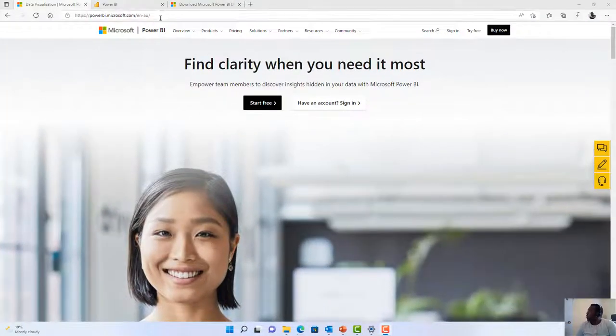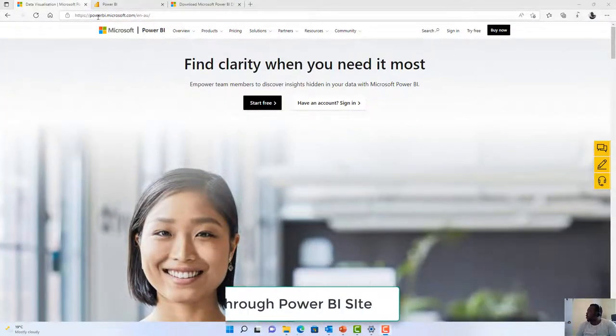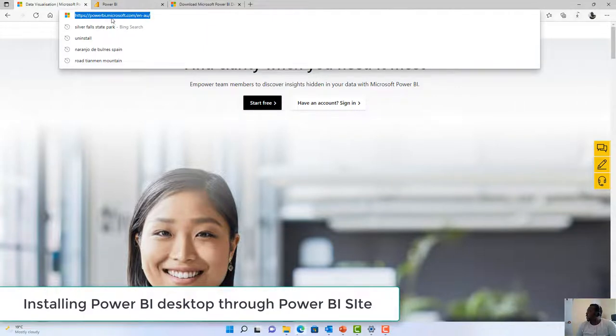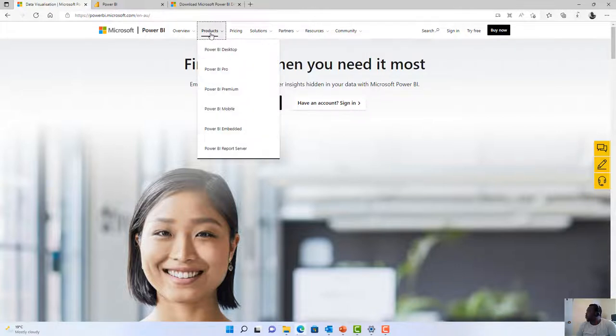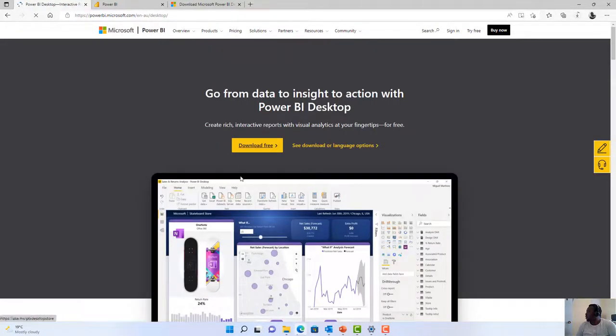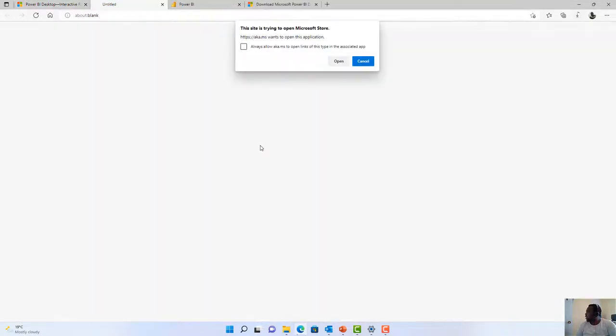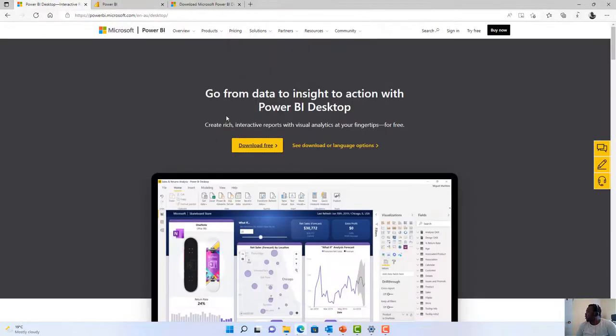Let's start our demo. We are here on the Power BI site. You can see the link here, powerbi.microsoft.com. If you want to download Power BI Desktop, you click here on Product, and you come here to Power BI Desktop. You click on it, and you will see Download Free. You click on Download Free, and you will see the pop-up that will ask you to open Microsoft Store. You click on Open,